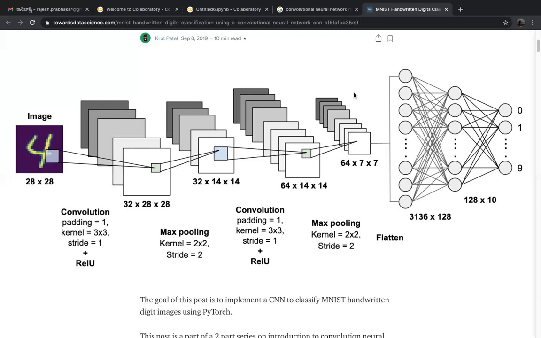These activation functions will do the processing. That is one thing you need to understand.